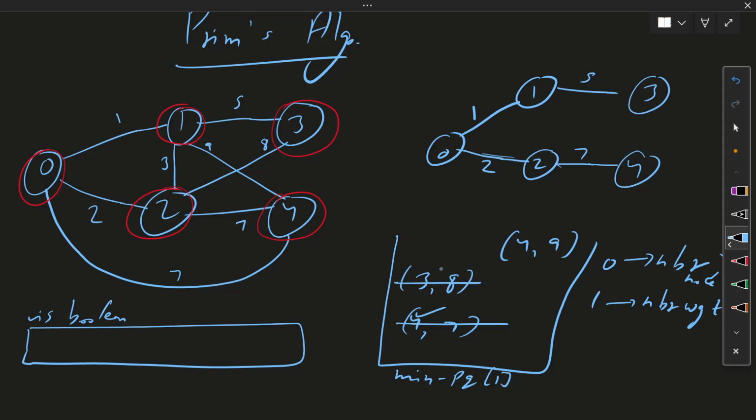Then we have 3 8. So 3 8, 3 is already joined, 3 is already considered in MST. Then we have 4 9. 4 is already considered in the MST. So we have considered each and every vertex, and we just